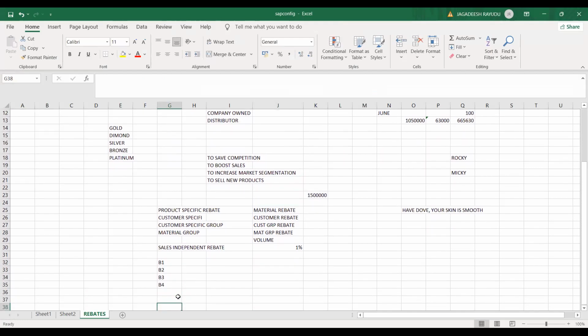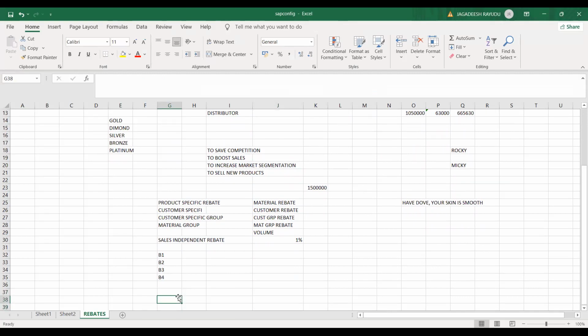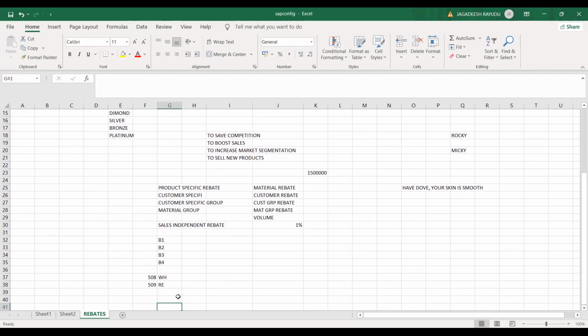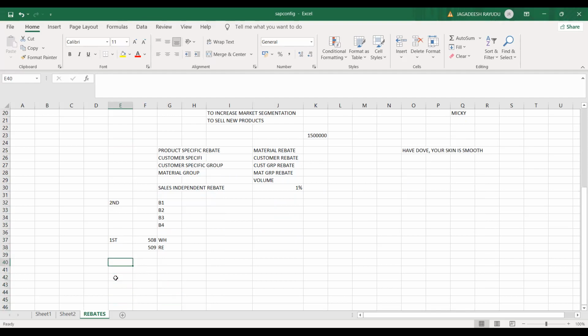In a similar way, there is something called your customers. One is 508 and 509. This is your wholesaler. This is your retailer. Payer functions need to be activated. You can make this one first or second in your order. That's not an issue. So this is second, for your billing document types, and third